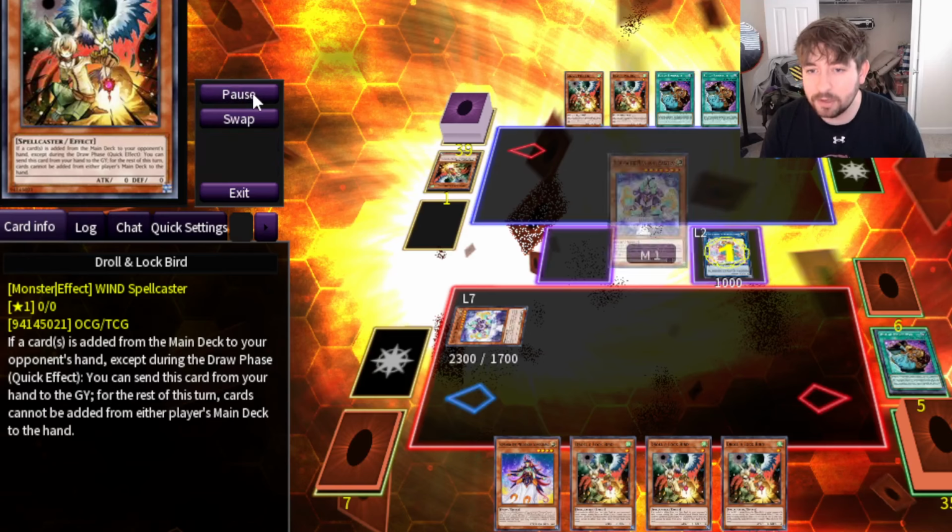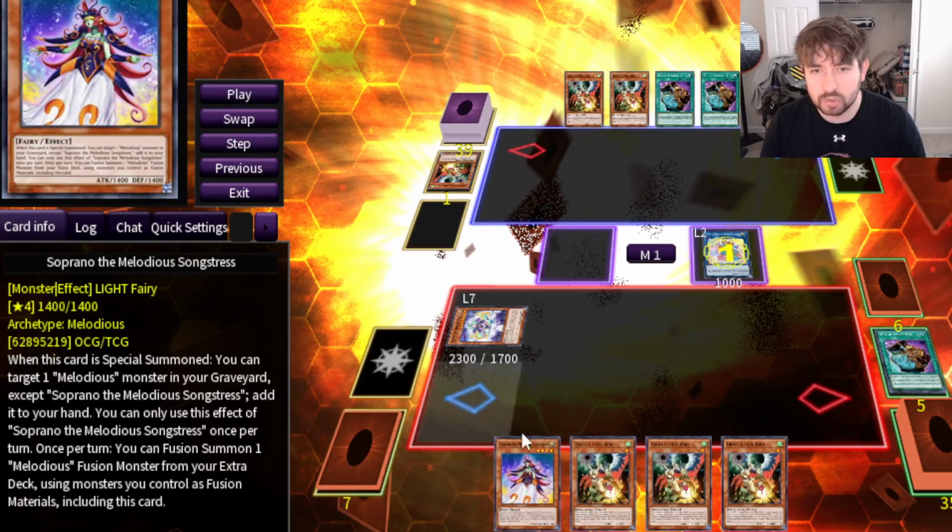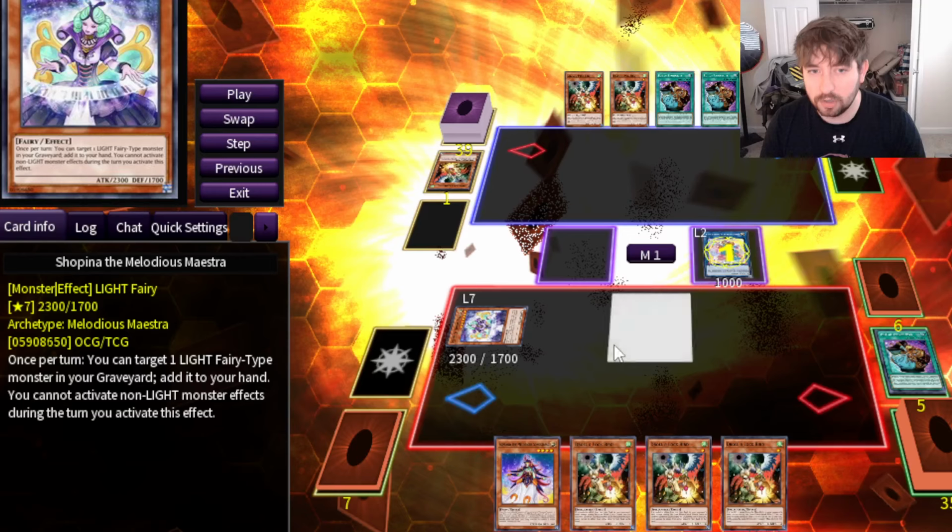So if they have another hand trap, we are kind of going straight into Bloom here, which is a little bit different. There's a world where you could have just normal summoned Soprano right out the gate and gone for a fusion summon, but just depends on...